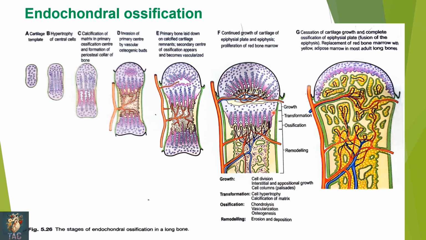After the cell division, the zone of hypertrophy is present. Then the area of calcification, and after the calcification, the chondrolysis will take place. Here in this third area, the chondrolysis will be present. The vascularization and osteogenesis will take place, and after this, in the fourth area, bone remodeling will take place, in which osteoclasts, which come along with the blood vessels in this area, will remodel the bone,